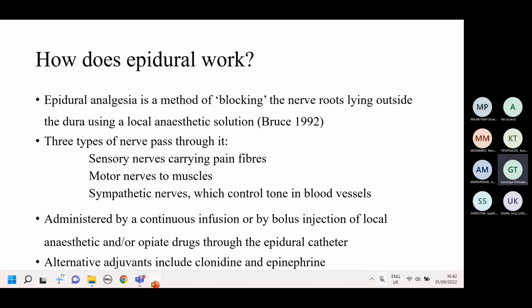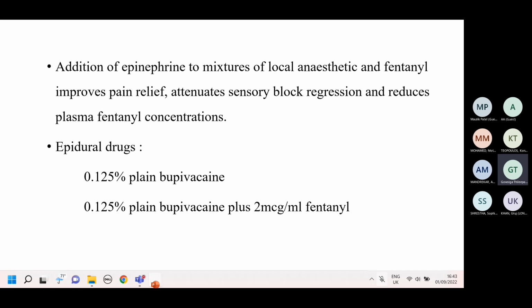So you should be very aware about this, whether it is working. You should assess the patient properly, whether the patient is on continuous infusion or bolus injection. And you can add on adjuvants like clonidine or epinephrine. So the next slide, the quality is better. Next slide, please. Yeah, so when you add on the epinephrine,